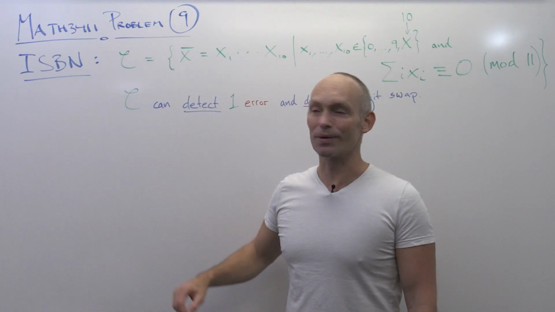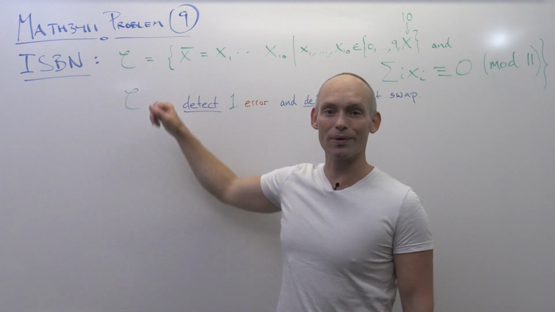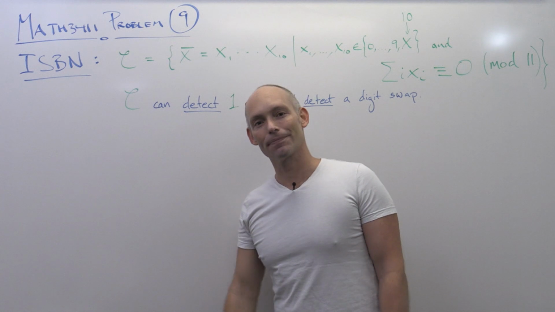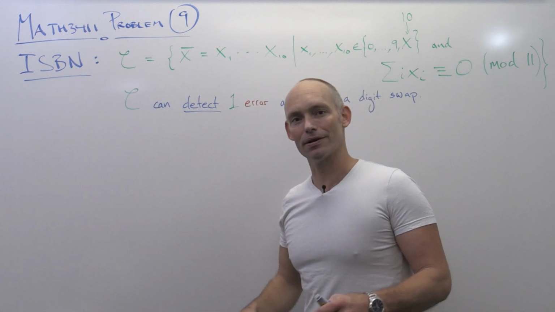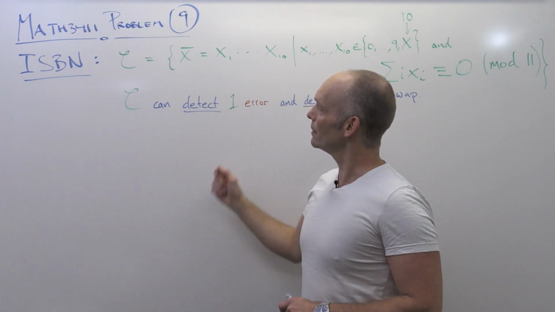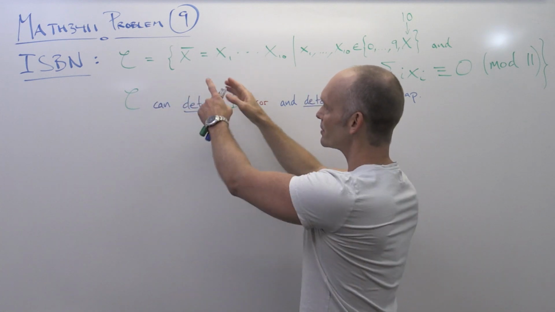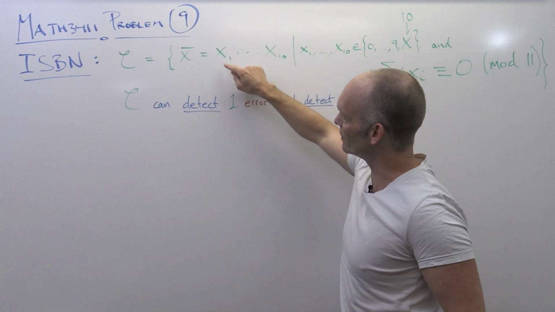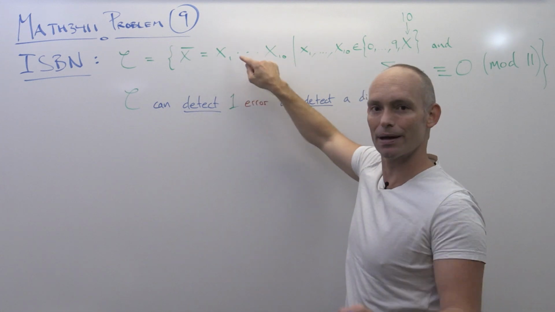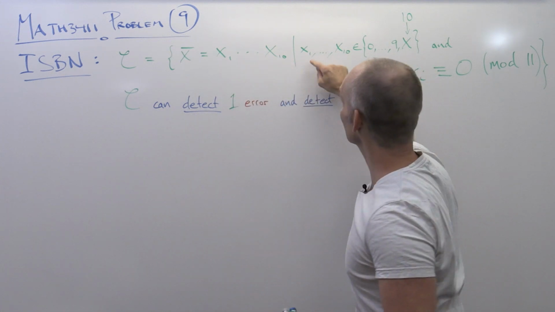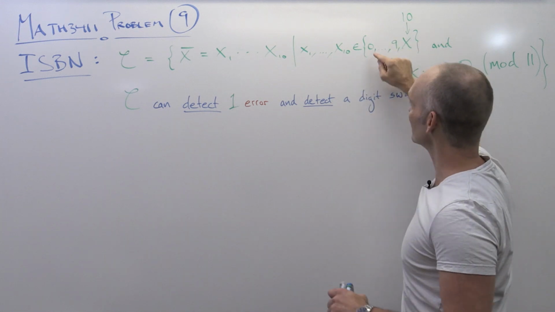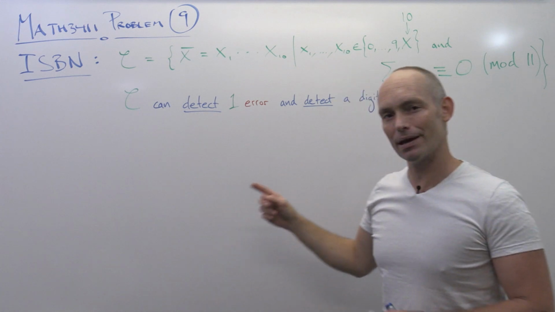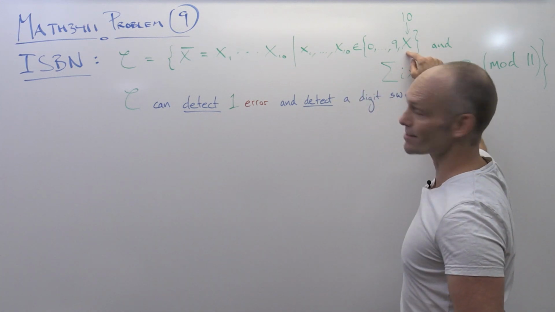Hi, and welcome to MATH3411 Problem 9, in which we'll be looking at the ISBN code, or more particularly the ISBN 10 code. It's the code consisting of all of the sequences like this, the code word being equal to x1 up to x10, where each of these is one of the decimal numbers 0, 1, 2 up to 9, and also 10, which we write as an